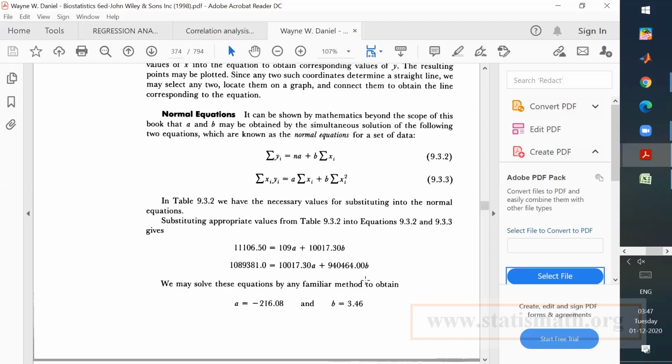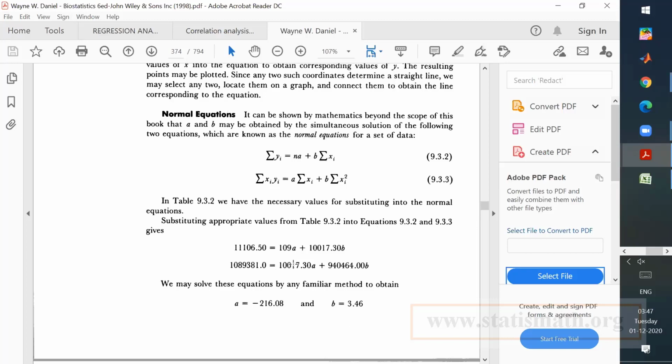So this is called the normal equations. We just plug it in. These two lines, regression, these two normal equations. You see the normal equations here. You develop these two normal equations and plug in the values from the data x and y, and this will be reduced into this form, and you have two equations with two unknowns. A and B are the two unknowns that you need to calculate, and with the two equations you can solve them simultaneously.